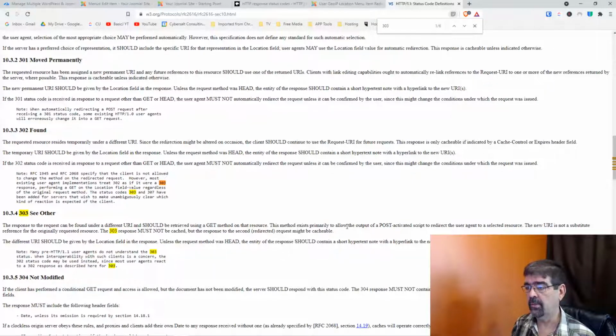This method exists primarily to allow the output of a POST-activated script to redirect the user agent to a selected resource. The new URI is not a substitute reference for the originally requested resource. The 303 response must not be cached, but the response to the second redirected request might be cacheable. The different URI should be given by the Location field in the response. Unless the requested method was HEAD, the entity of the response should contain a short hypertext note with the, okay, so I